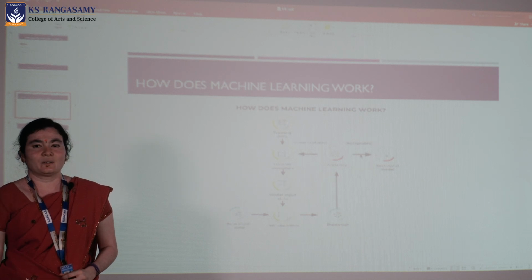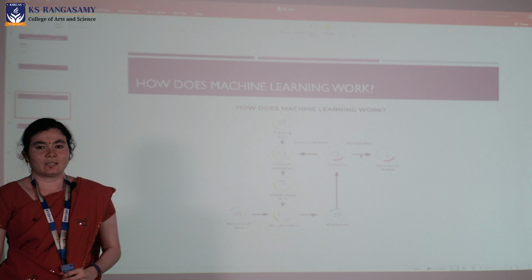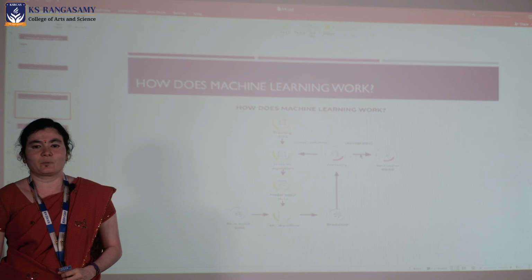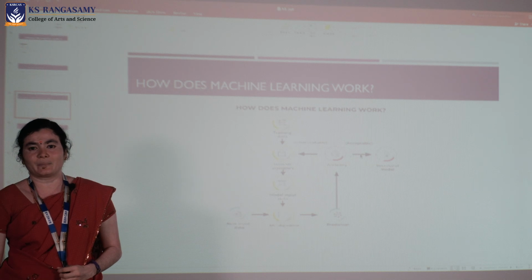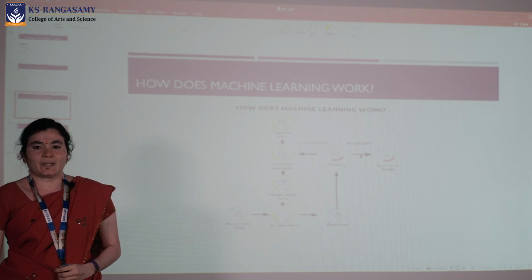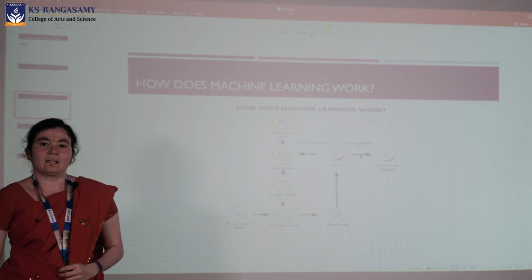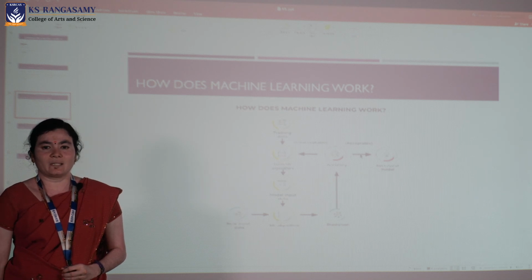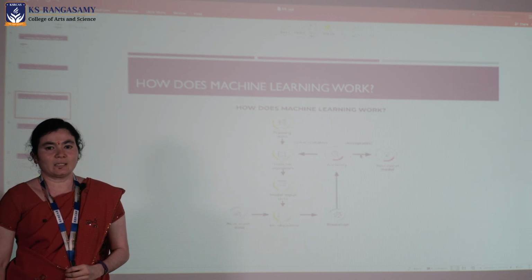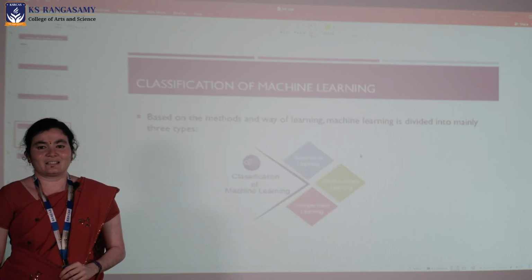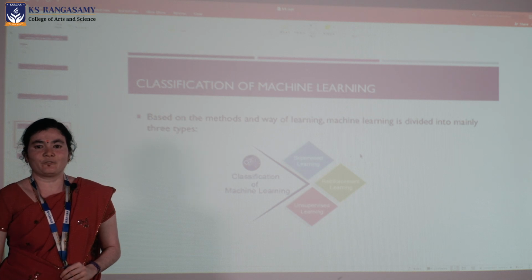So how does machine learning work? Here we give a new input to the machine learning model. That model evaluates it and gives an outcome as a prediction. The prediction is evaluated for accuracy. If the accuracy is accepted, the ML model has been successfully built. Otherwise, if unaccepted, the model is trained again and again with the same data until the accuracy is acceptable.